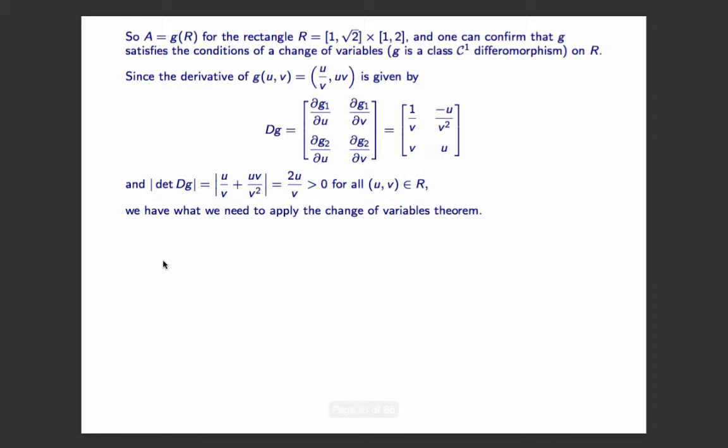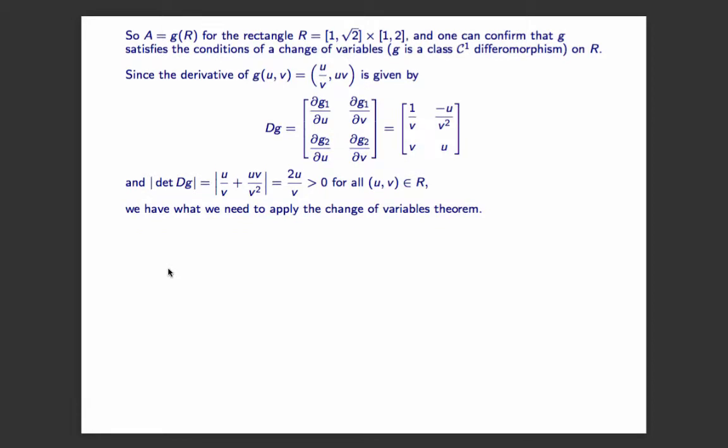And the determinant of the derivative of G is given by 1 over v times u, plus uv over v squared, which is just 2u divided by v, which, so long as u and v are inside of my rectangle R, is necessarily positive. So we can drop our absolute value sign, and we have what we need to apply the change of variables